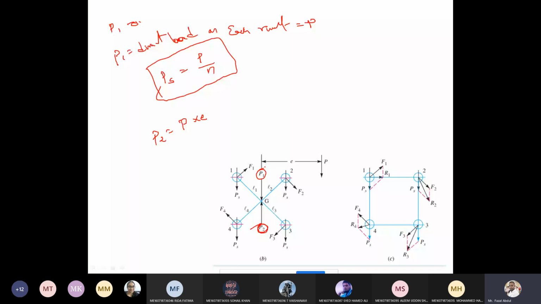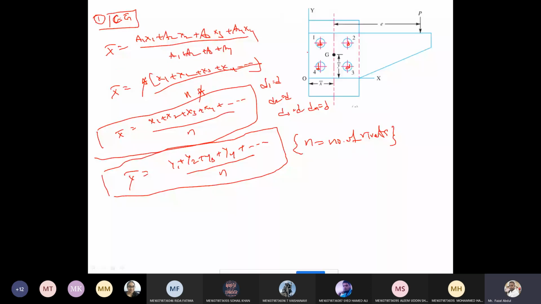If you see the diagram here in the previous case, the rivets are used to join this vertical column and this horizontal column. So we are assembling these two columns. Due to the self weight of the column, the direct load is acting here. That is distributed on all rivets, that is P1 by 8 or P by 8. So P1 by N or P by N.